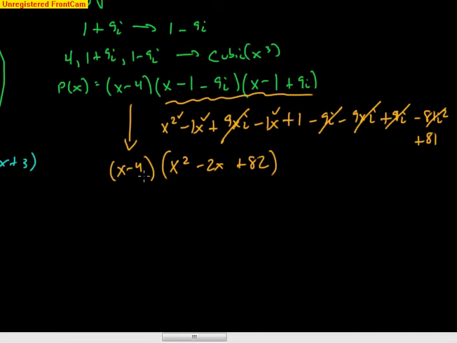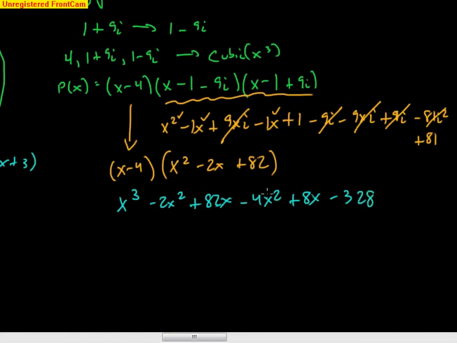And now we just multiply these two out as we would normally. So x goes to all three things. X times x squared is x cubed. X times negative 2x is negative 2x squared. X times 82 is positive 82x. Now we do the negative 4. Negative 4 times x squared is negative 4x squared. Negative 4 times negative 2x is positive 8x. Negative 4 times positive 82 is negative